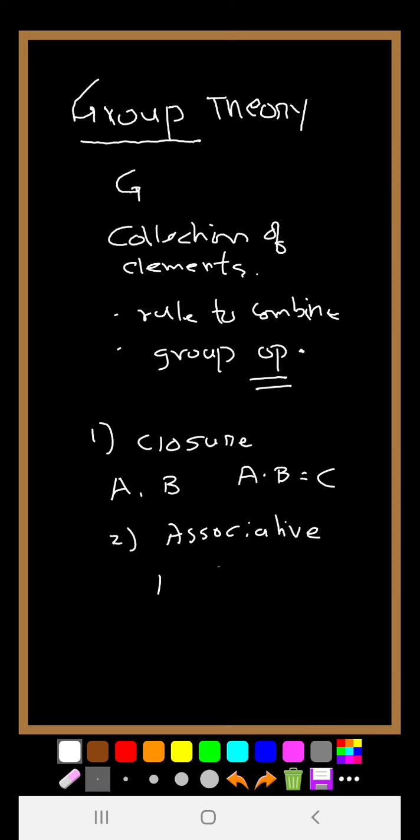So for associative, (A dot B) dot C is equal to A dot (B dot C), where A, B, C are three elements of the group. The third property